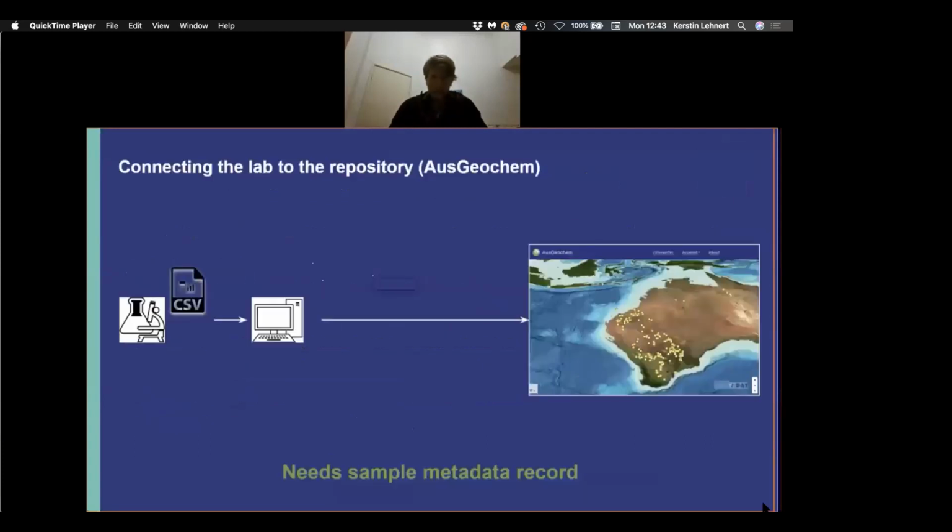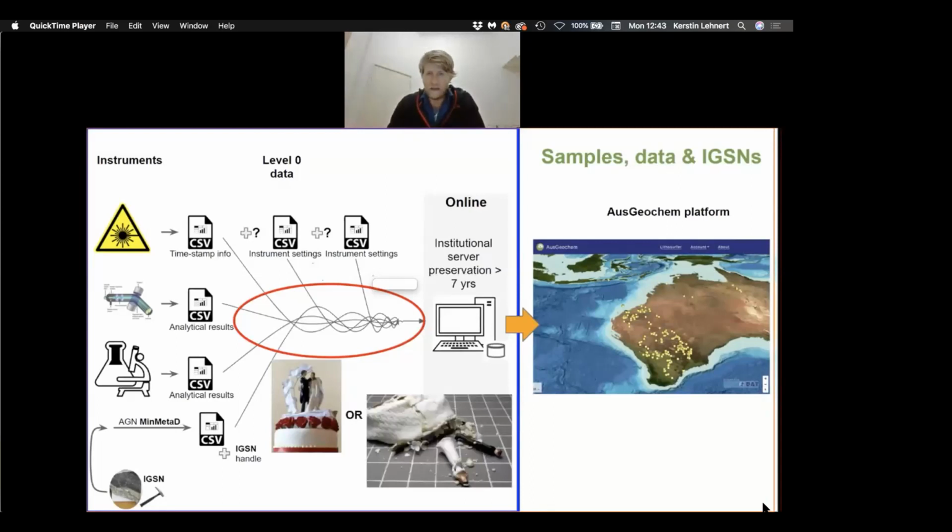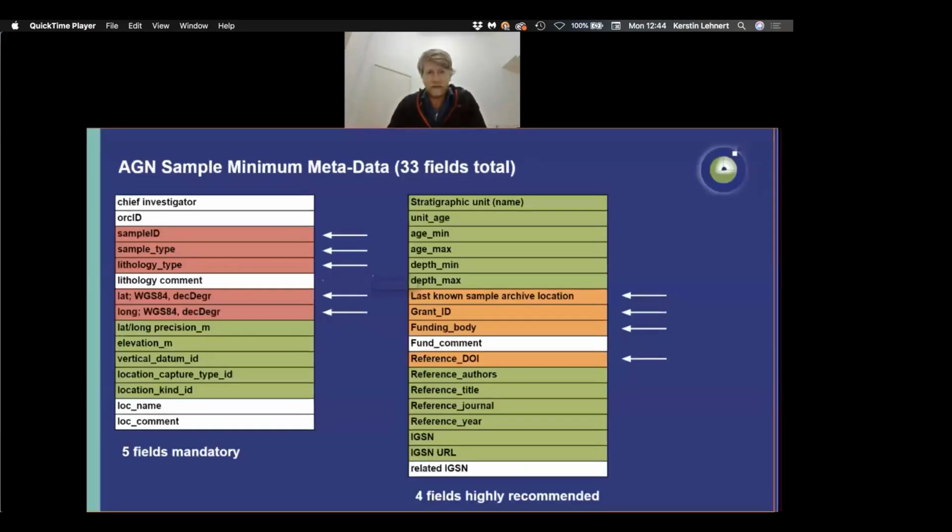With the development of Geochem, we connect the laboratory to the repository, as said, but in doing so, we still need to have sample metadata, because without a lithology, a latitude and a longitude, the analytical data is meaningless in the geoscience space. So the marriage of this analytical data with the sample minimum metadata can be a successful endeavor, or it can be a disaster. So what we've been doing in recent months with the AGN, we've looked